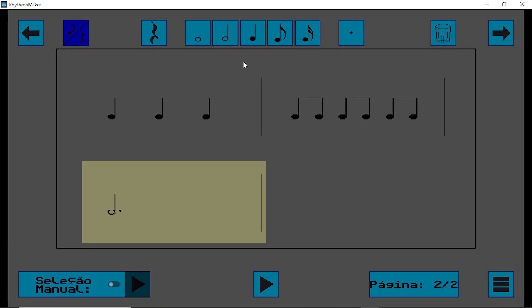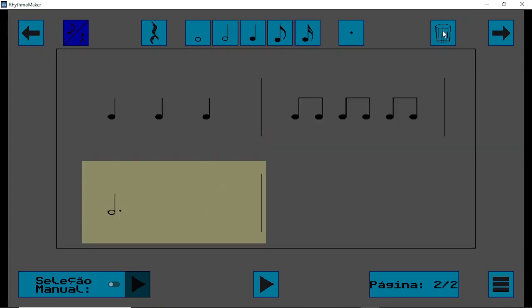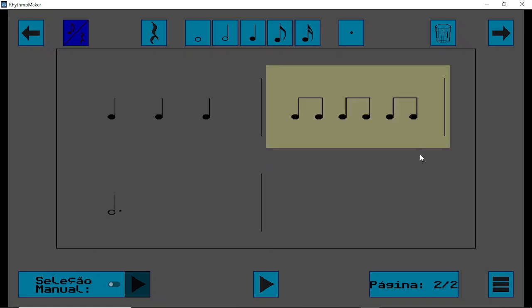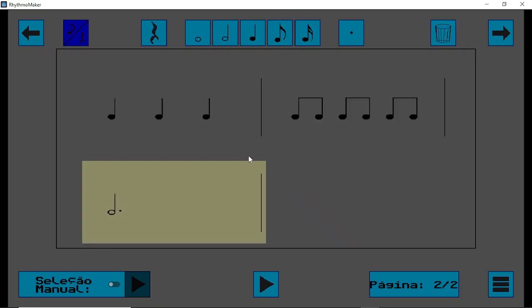I do not have rests right now. I can actually do that just to show both the deleting. So to delete a figure, all we do is select the measure and it will delete the last figure input in that measure. So if I click, for example, here, it deletes the last one and we can add right there. If I delete this one, it deletes that, and I can, for example, place this and then show the